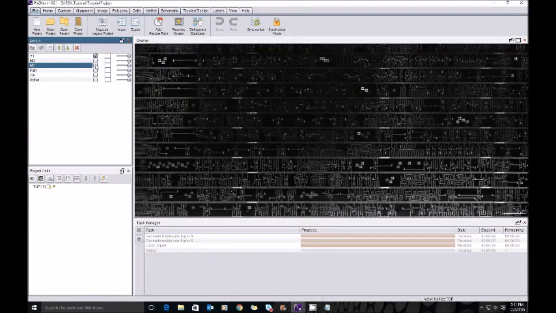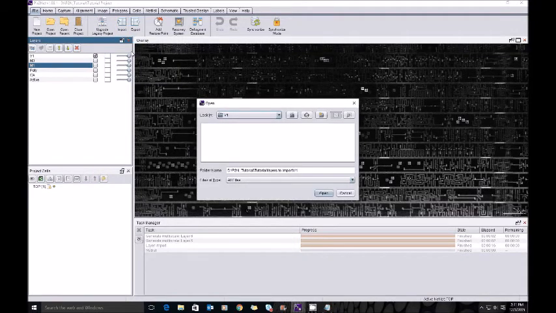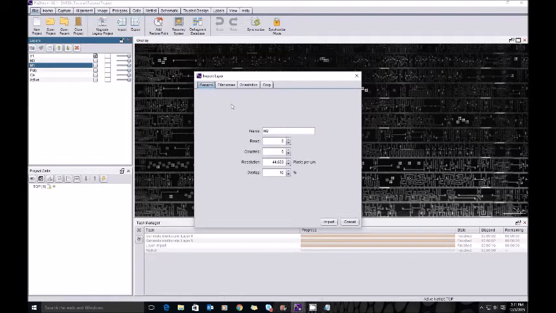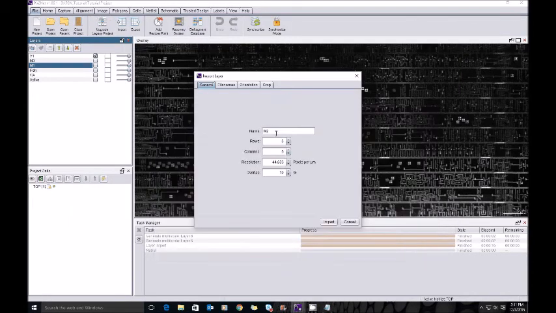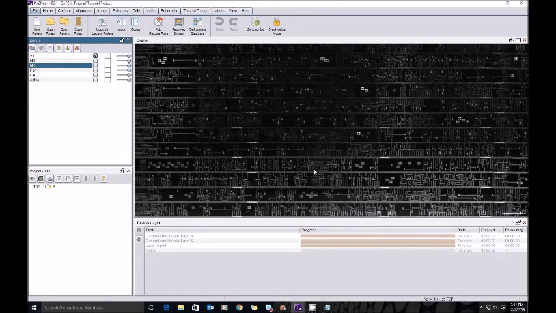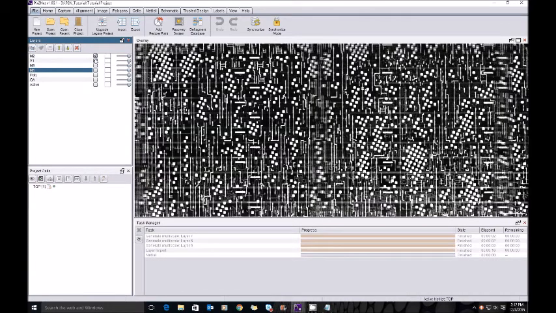Okay, so now we see we have V1 in the project now, and we want to click import Pix2Net layer for multiple images and grab M2, or you can skip ahead if you would like to at this point. M2, we'll look at our text file and see M2 is 6 by 5, same resolution as V1. We can hit import. Alright, so now we have one more layer left, so we go to import Pix2Net layer